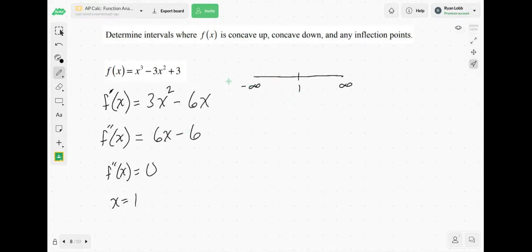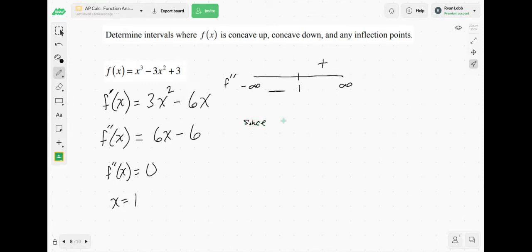You plug in f double prime, because I want to know where f prime is increasing, which means what is the slope of f prime? The slope of f prime is the value of f double prime. So I plug in 0, I get f double prime between here is negative. If I plug in anything over here, f double prime is going to be positive. So now what does this tell me? Right here, I'm going to write it out. Concave up, concave down is that